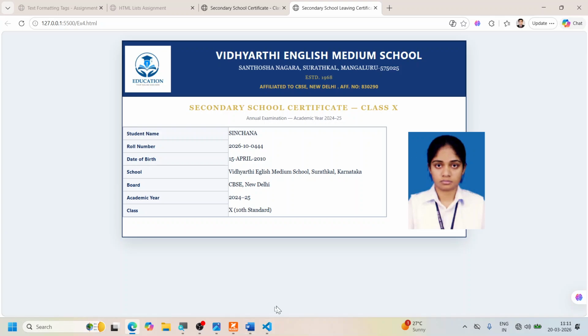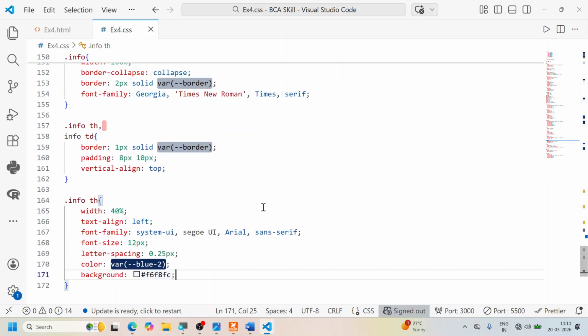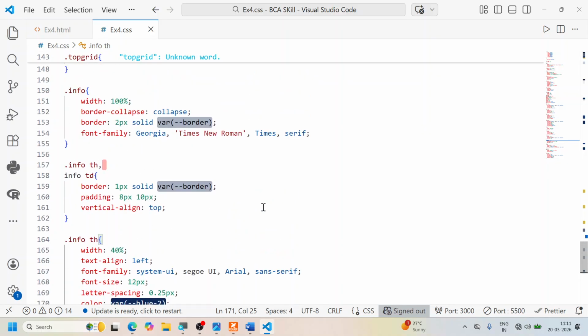Let's look at the border. I said 2 pixel solid border. It has not taken for that info. It's not taken the border for the other side. For th it took the border. Oh, I think